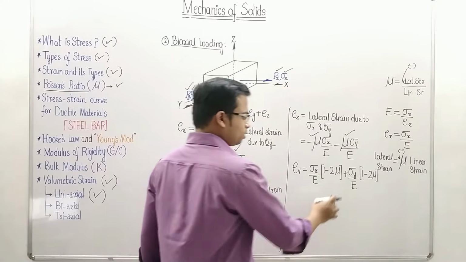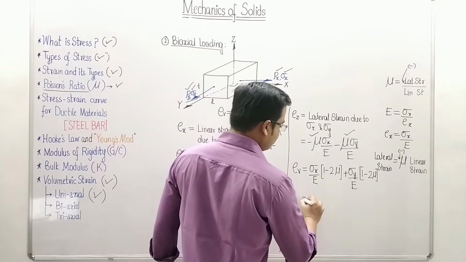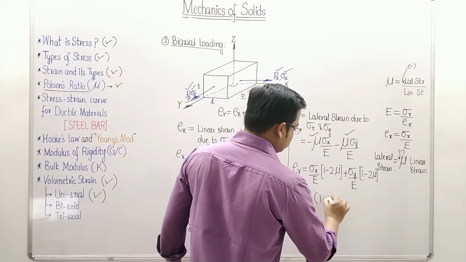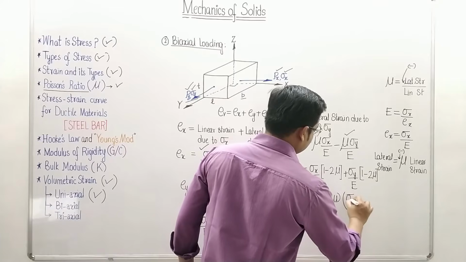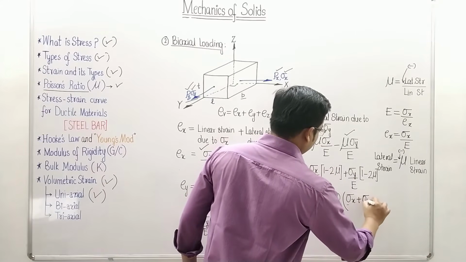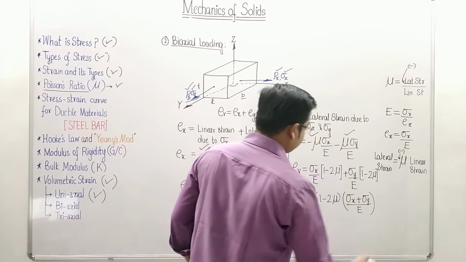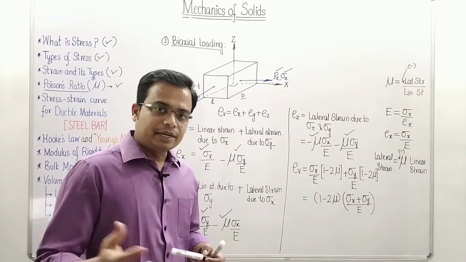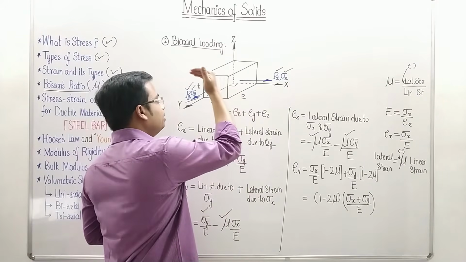Now you can take these two as common. 1 minus 2 mu can be taken as common. So this is going to become 1 minus 2 times mu, multiplied by sigma x plus sigma y upon E. So this is the final expression for the volumetric strain of a cuboid having dimensions L, B, T